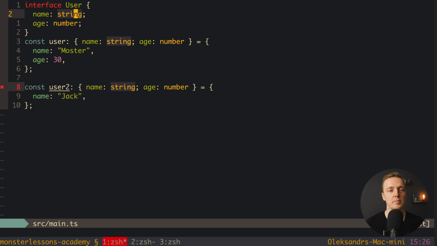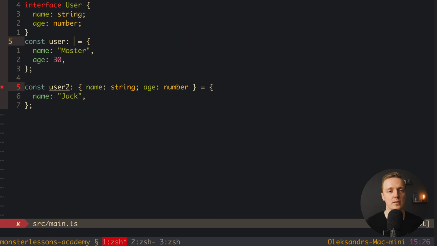Here is what is important. The code style is to start an interface with a capital letter. This is why User is with a capital U. And inside we're specifying all types in the same way like we did here. Now we can reuse this interface everywhere, for example here as a type.